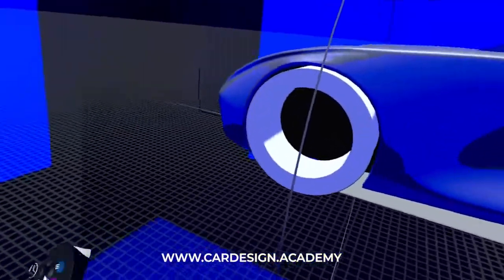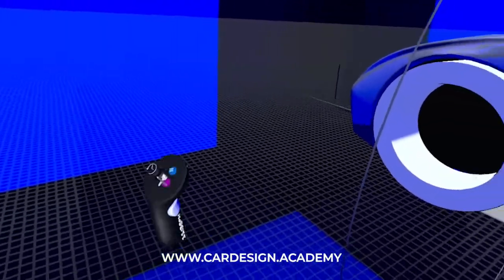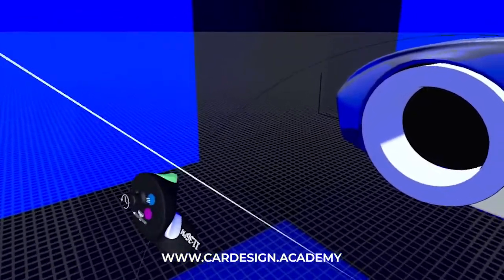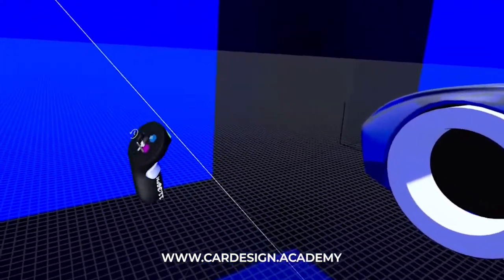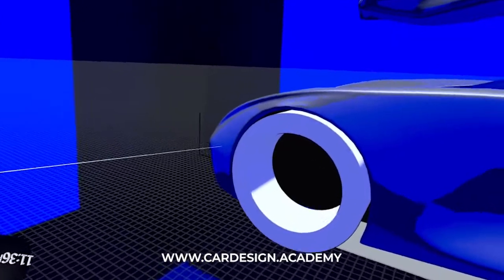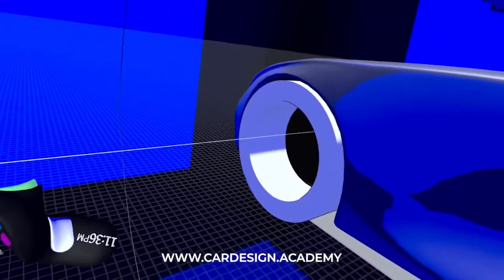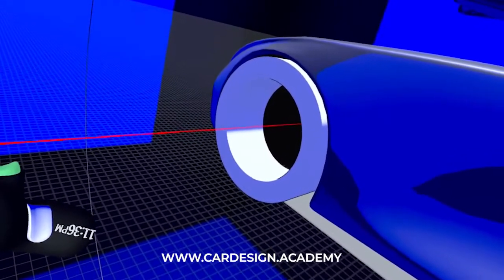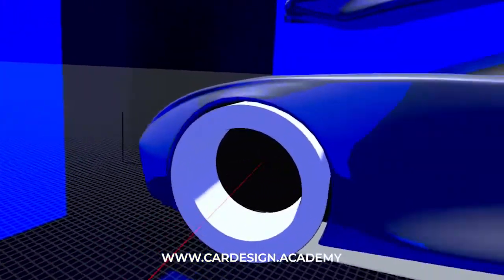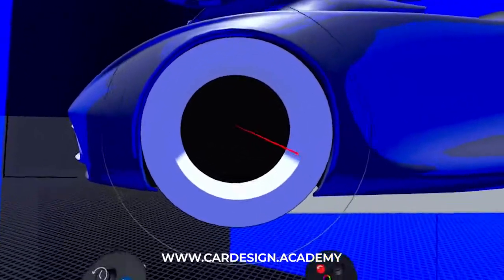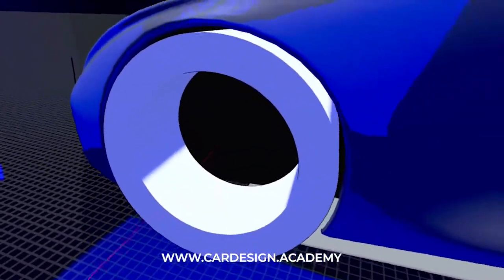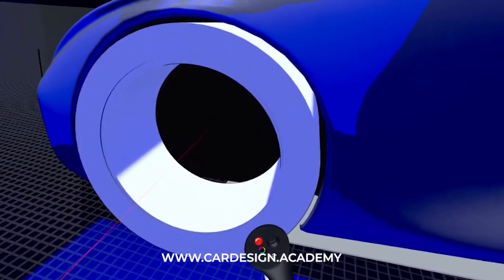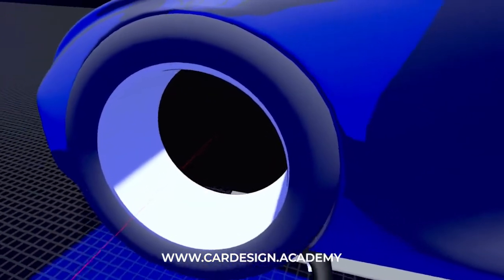The way to do that is using the trigger on the left controller, pulling it very lightly, just sort of halfway. You can aim the axis in any direction, but as you approach the y-axis, it'll snap and turn red. So you can see it's turning red now. It's now on the y-axis. And I've positioned it as close as I can to the center of the tire. We'll get that as close as we can, and then I can just simply revolve a tire section